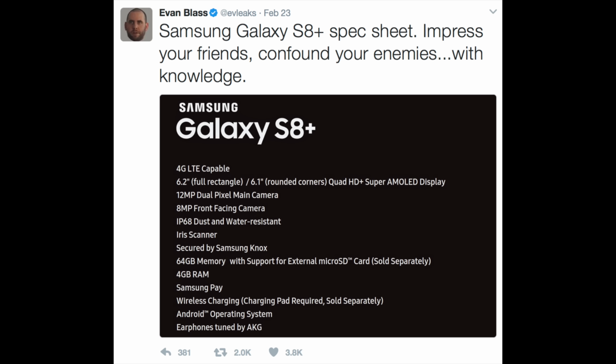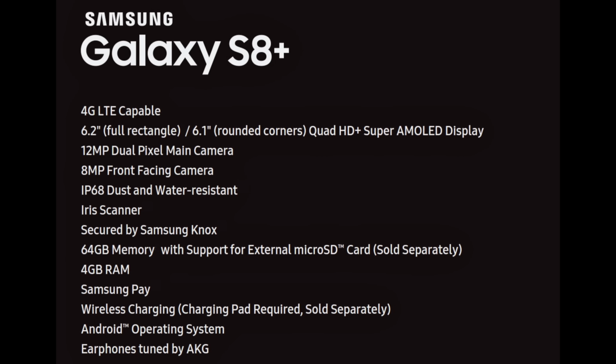So when it comes to the specs of the Samsung Galaxy S8, as I said before, we already knew pretty much everything, with a few exceptions however. No one knew exactly if the S8 Plus was going to come with 6GB of RAM or 8GB of RAM. Now just last week we actually had a pretty major leak coming from EvLeaks, also known as Evan Blass. Evan Blass is one of the most trusted leakers. Basically almost everything he leaked turned out to be correct. So he posted this last week. This seems to be the official Samsung Galaxy S8 Plus spec sheet. So here's the spec sheet, and this is what I'm going to talk about in this video in more detail.